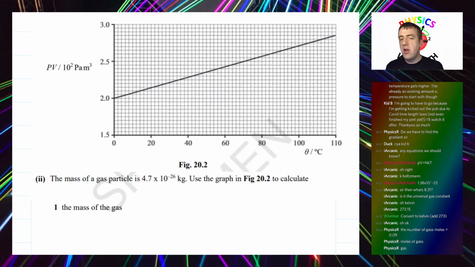We don't want to work in terms of moles. We want to work in terms of molecules because we know the mass of each molecule. If this is the mass of a molecule, then the total mass is going to be the number of molecules multiplied by the mass of one molecule. The total mass of people in an elevator, or as we call it, a lift, is equal to the mass of each person multiplied by how many people, with the assumption that all people are identical.